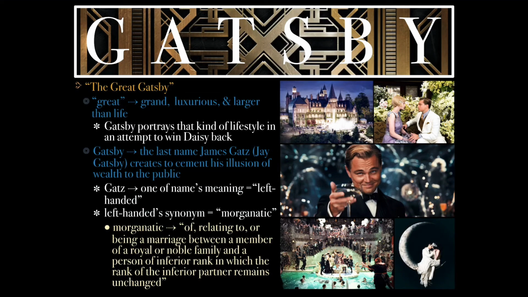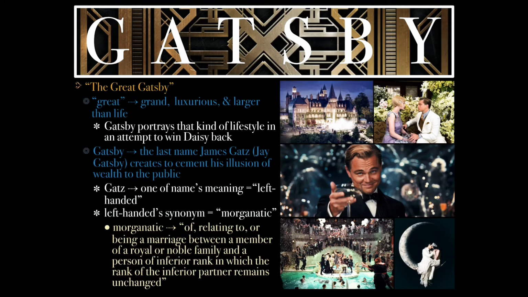The character of J. Gatsby within himself is a paradox. This comes into play with the title of the novel, The Great Gatsby. The title itself, The Great Gatsby, is an oxymoron, and is the first example in the novel of that. The word great, if defined by the context of the book, means something grand, luxurious, and larger than life, which is the type of lifestyle Gatsby has spent the last 5 years building for no one but Daisy, who has already attained that lifestyle with Tom.